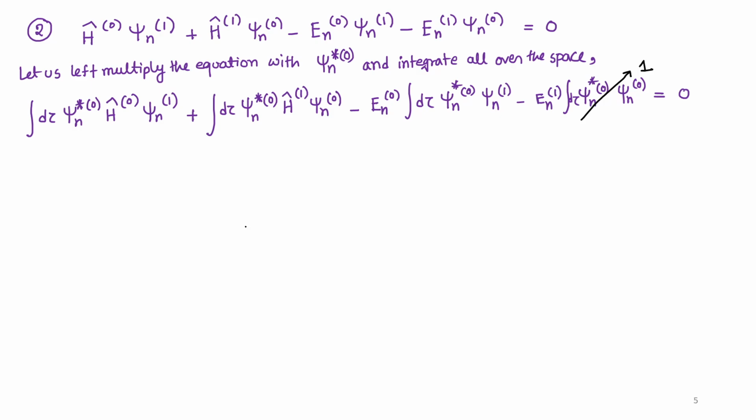And what else do we have? We know that all quantum mechanical operators are going to be Hermitian, right? So this operator, the Hamiltonian, is also Hermitian. If it is Hermitian, it has a certain property. So if it is Hermitian, we can write this first term, psi n star zeroth